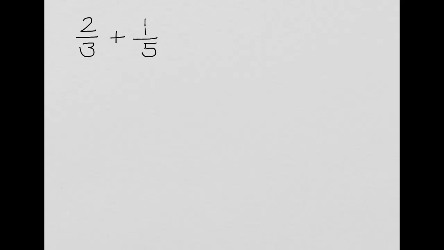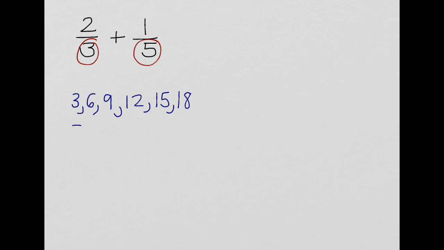The key thing to remember here is when you add and subtract fractions, you must have a common denominator. Remember, this is not so for multiplying and dividing, only for adding and subtracting. So common denominators, to find a common denominator, we look for our lowest common multiple, and to do this I write out my times tables for each of the denominators until I find